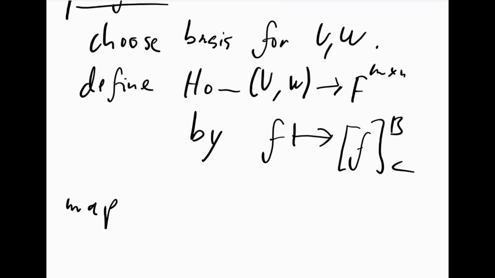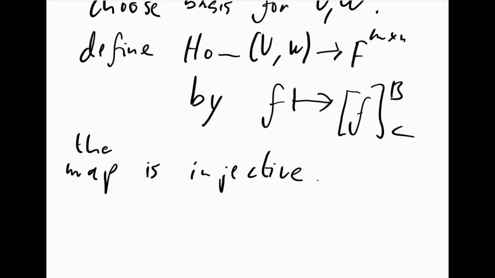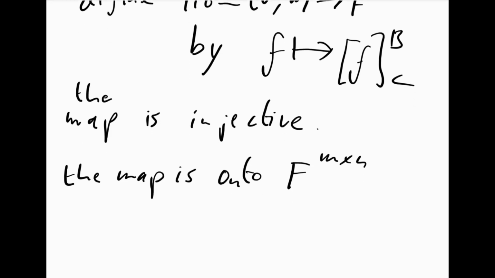The map is injective, and that's because every linear map is clearly defined by its matrix with respect to B and C. And the map is onto F to the m by n, so all matrices over F of dimension m by n, because every